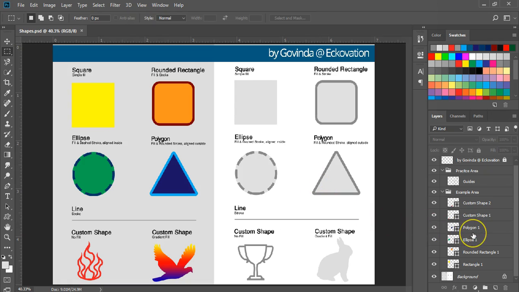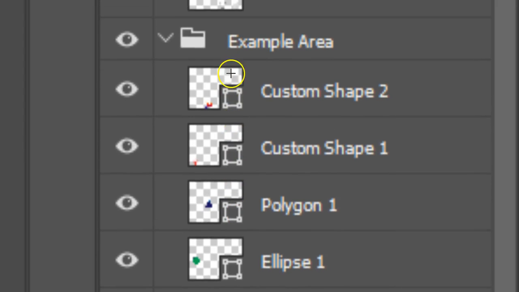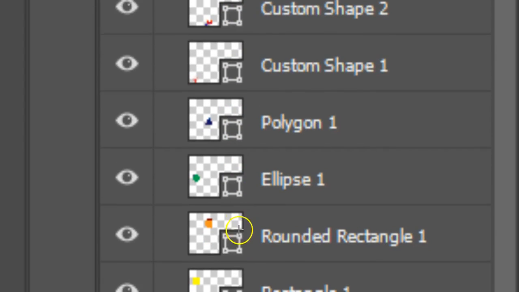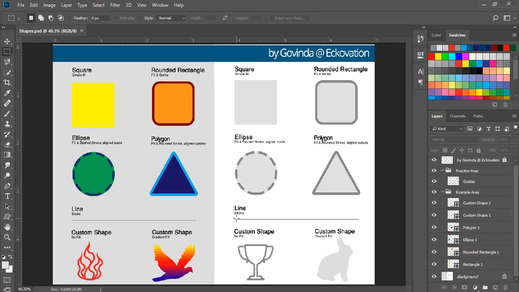And when you look at the layers panel, you can see all the shapes are in their own layer, and more interestingly, the thumbnails of the shape layers have a different icon. I have talked about it earlier as well. These are vector images, and more specifically, paths have been used to create these layers, and the icon represents the path. The significance of this icon is that these layers will not pixelate on extreme scaling up and down. We'll learn more about paths later in the chapter videos.